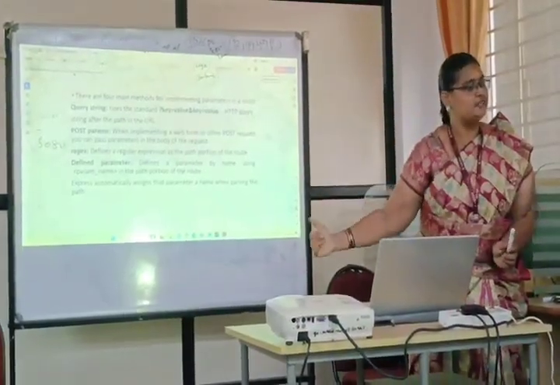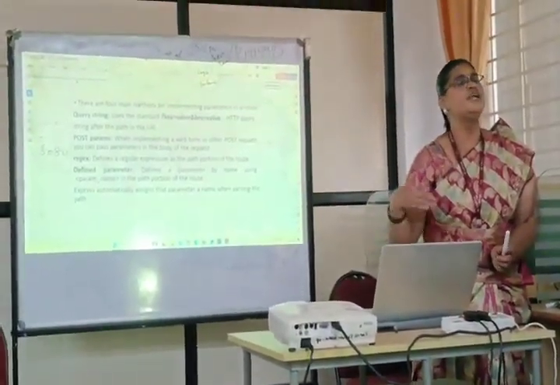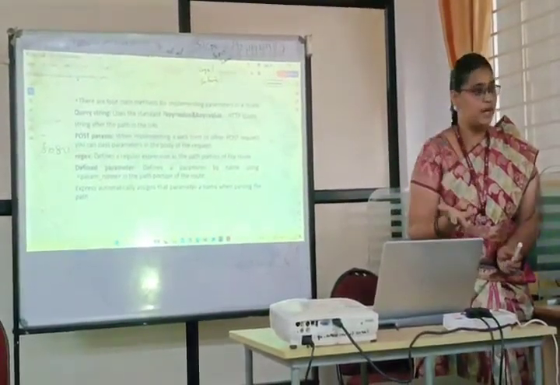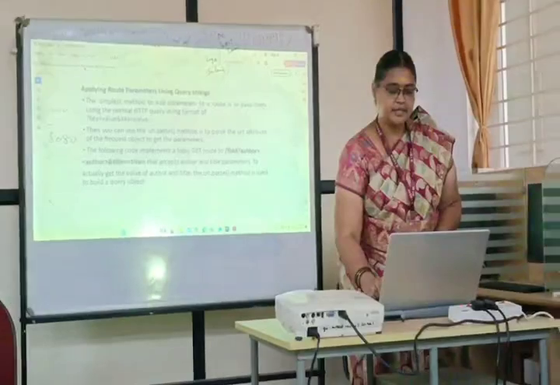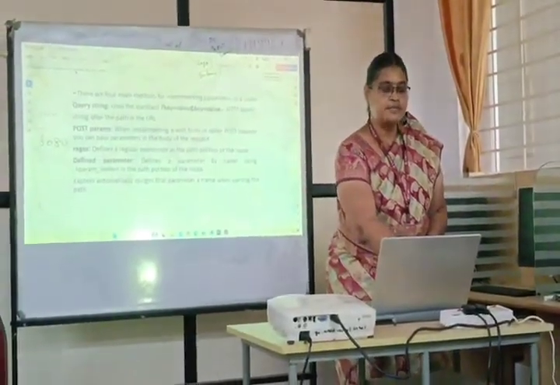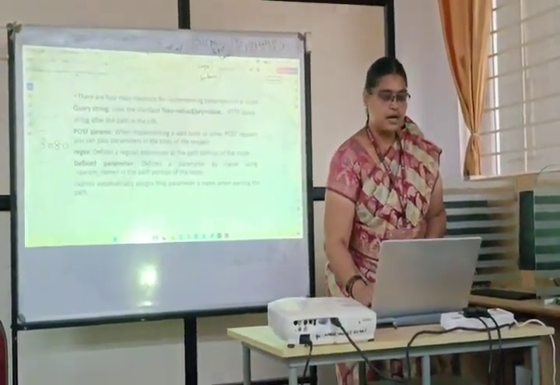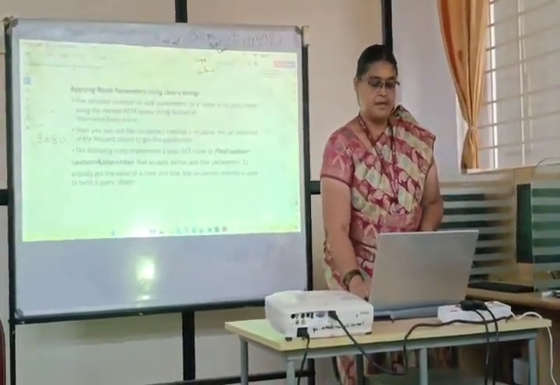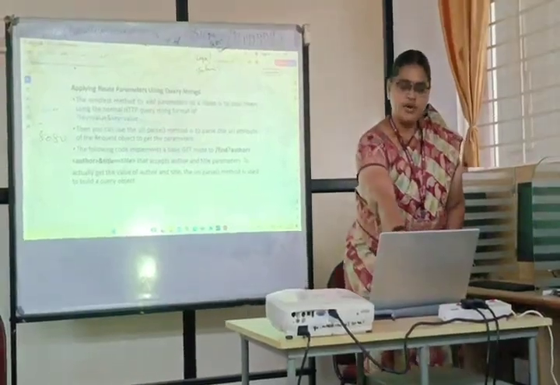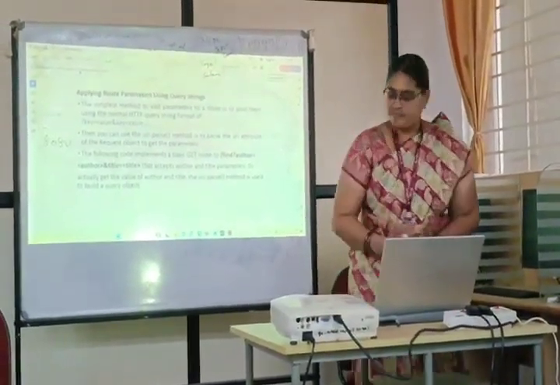Like that only, the parametric part of the corresponding route is going to vary based on the HTTP request you give and the response. Is it clear till this, everybody? So these are all the four main methods: query string, post params, regex, that is nothing but regular expression, and define parameter. The same way, with the help of the query string, you can find it like this